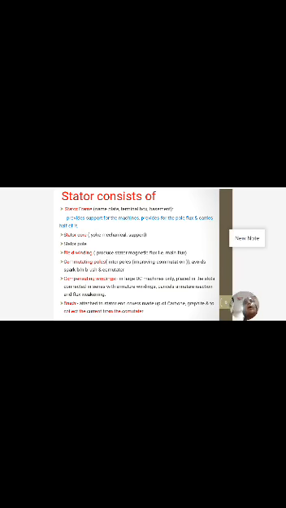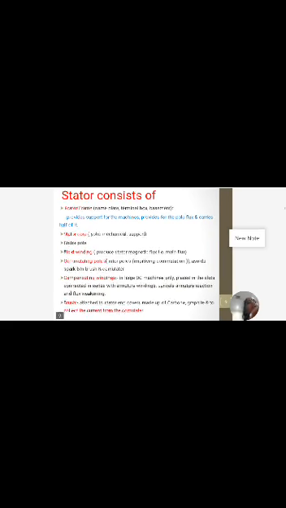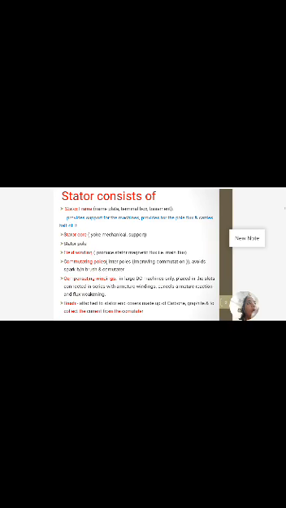And next, we can see the poles, pole core and pole shoe. So the pole core basically carries the field winding which is necessary to produce the flux. It directs the flux produced through the air gap to the armature core to the next pole. Next, the choice of material: it is made up of magnetic material like cast iron or cast steel.